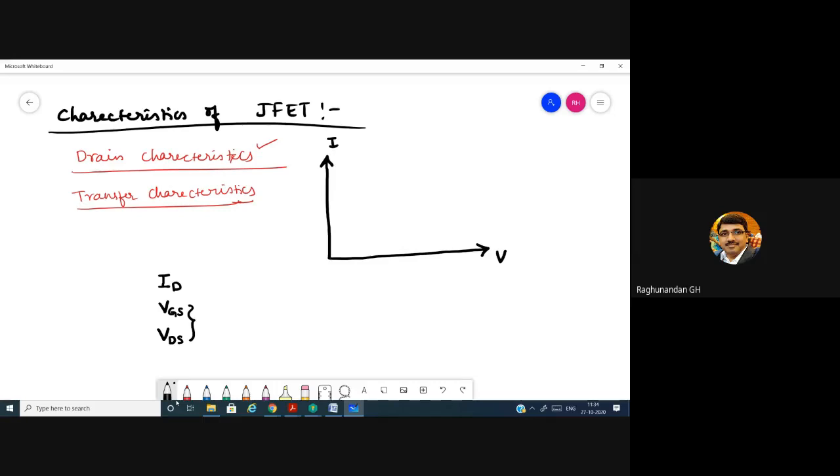One simple thing. If you are going to make VDS constant, current will not increase, no? You want to have increased current. When the current ID increases, VDS is increasing, that is drain voltage is increased, during that time drain current will increase. Sir, VGS, sir. Yes. So VGS should be kept constant. For one iteration, for one trial, we'll fix VGS and we are going to plot the waveform for these two, ID and VDS.